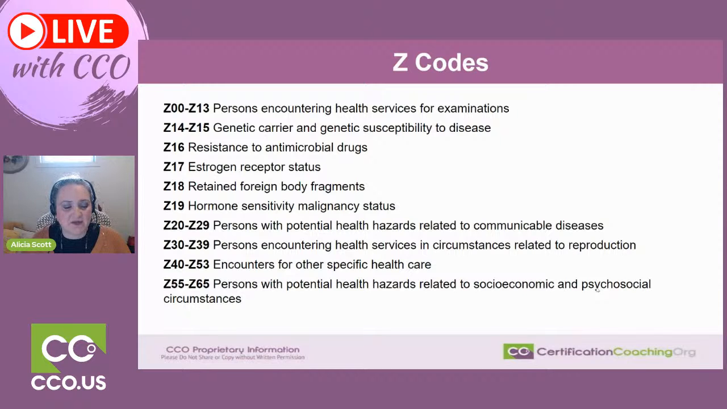Z40 through Z53, encounters for other specific health care. We'll look at some subcategories in all of these. Z55 through Z65, persons with potential health hazards related to socioeconomic or psychosocial circumstances. This area is really getting a lot of attention right now. We're seeing it being used more and more, especially with primary care providers, reminding them that these codes are available,